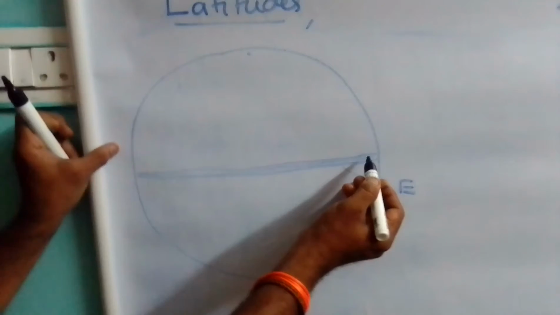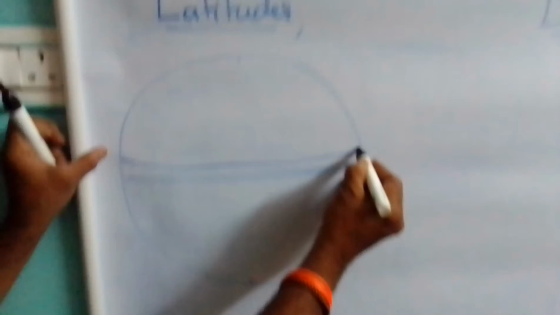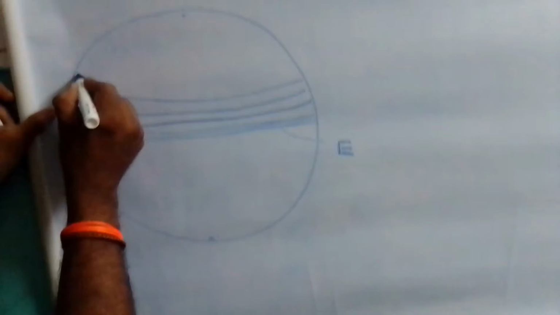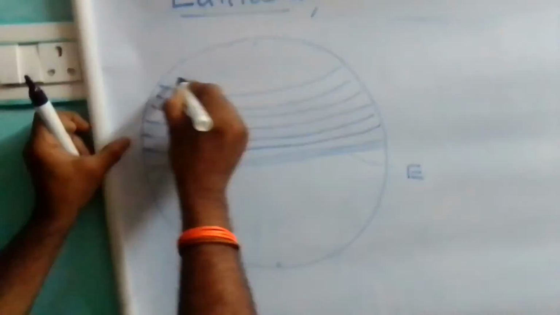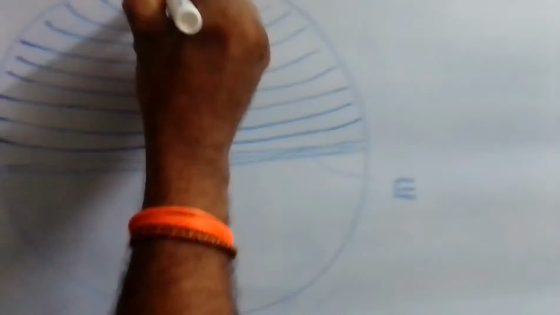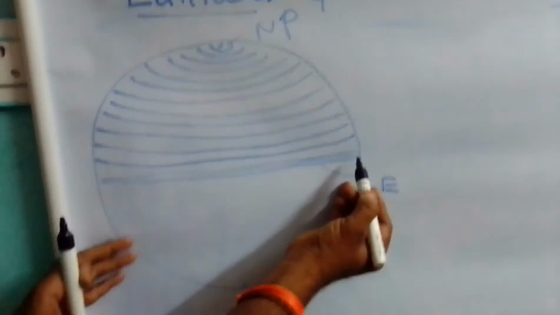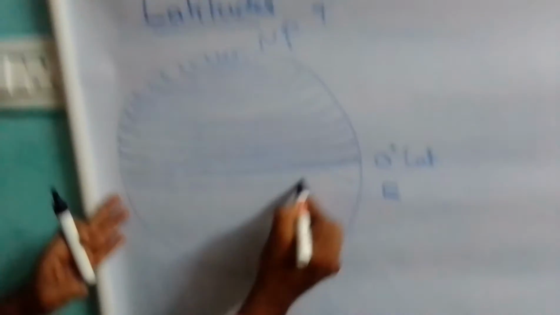And from the equator with 1 degree interval, we are drawing a number of parallel lines. In this way we are drawing a number of parallel circles, and these all circles up to the north pole, with 1 degree interval. The beginning line is to be called 0 degree latitude. The same way to the south of equator also we are drawing the same 90